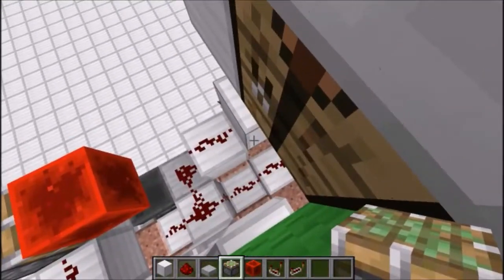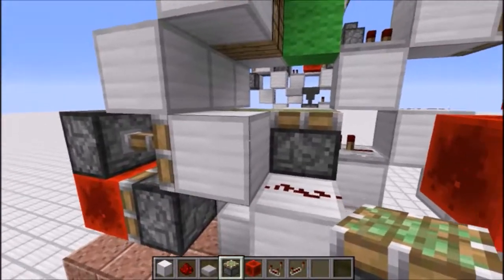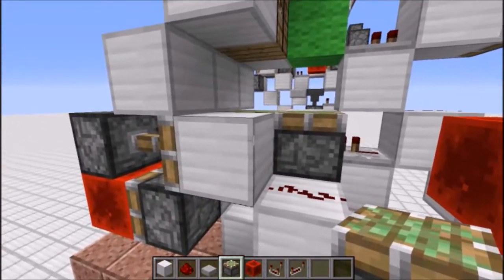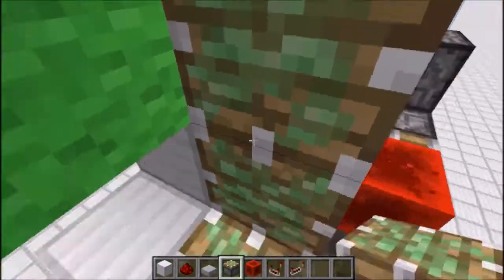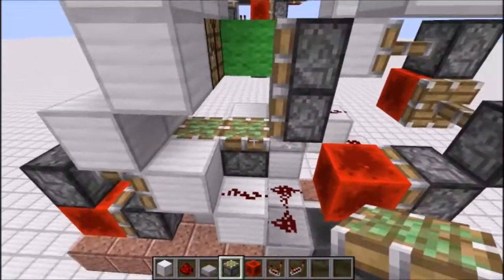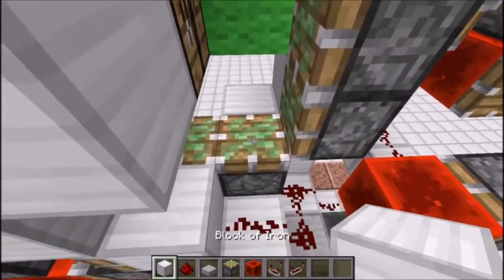So we'll want to place a sticky piston here and here. So that's the first one, next to the block we just placed in front of the piston. And then we want to place 2 more, one here and here, just like this. And then we want to place in the next block we want to be swapped and nestle it right in,